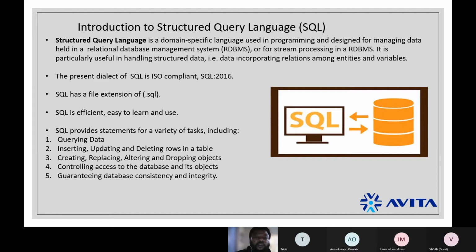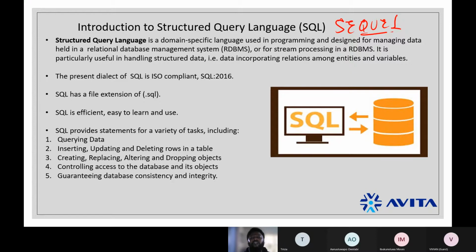Actually, SQL is called structured query language. Some literature calls it "sequel", like all these English people call it, but I prefer just to call it S-Q-L.